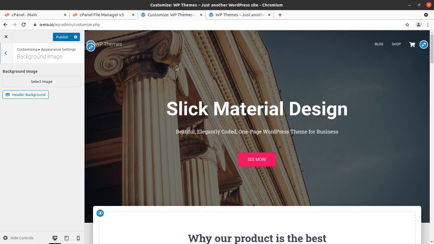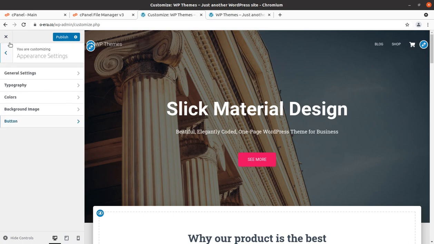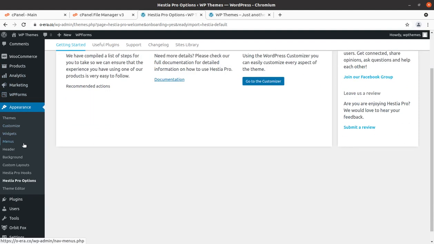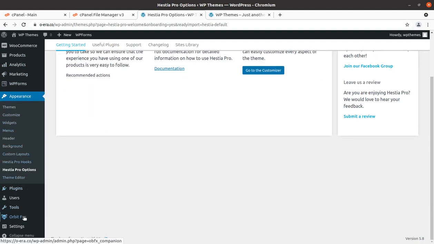Background image, yes, you can change this background image, and button radius you can increase or decrease. Okay, fine. So these are the controls available with the Hestia Pro WordPress theme. With the installation it comes, and now we have some additional features as well.